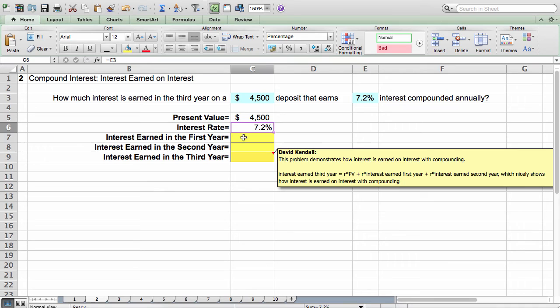Well, what's the interest going to be that's earned in the 1st year? Well, that's just like simple interest because it's just the 1st year, just 1 year. So here I'm going to work in the formula bar. I'm going to say equals, and how much interest am I going to earn in the first year? Well, it's going to be the interest rate, so I pick that up, 7.2% times, so asterisk, the original present value. I click on that cell, so I'm done. That tells me in the very first year, at the end of the first year, I will have earned $324